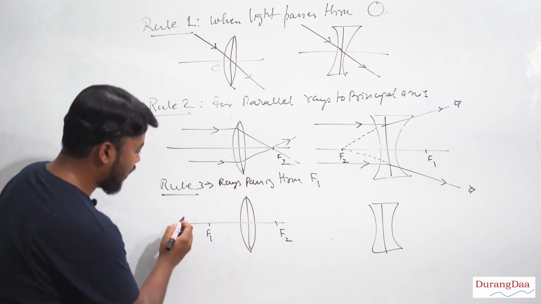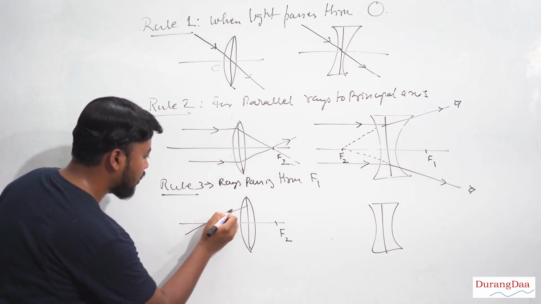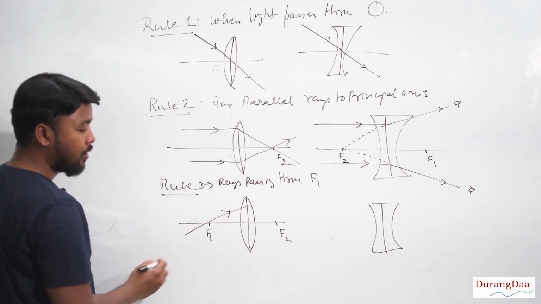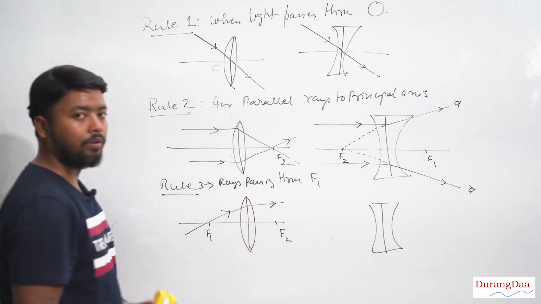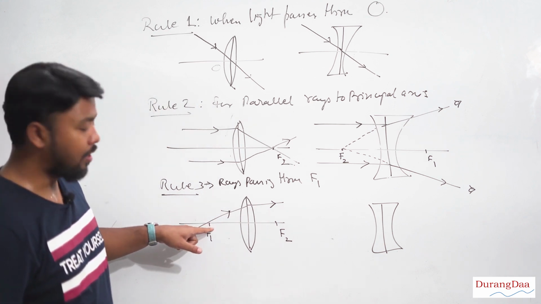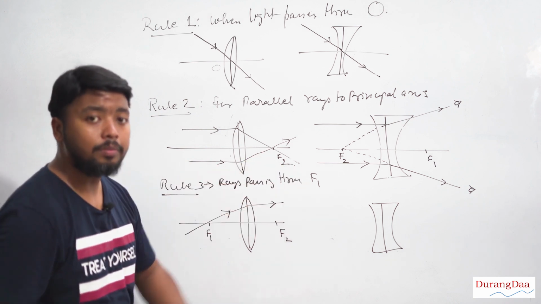If I draw a light ray passing through F1, suppose I am drawing it like this, this is a light ray, straight. So after refraction, it will become parallel. That is the rule. Any ray passing through F1 after refraction from a convex lens will become parallel to the principal